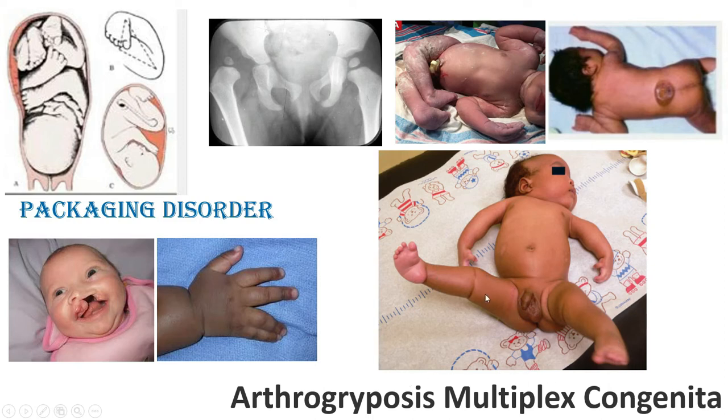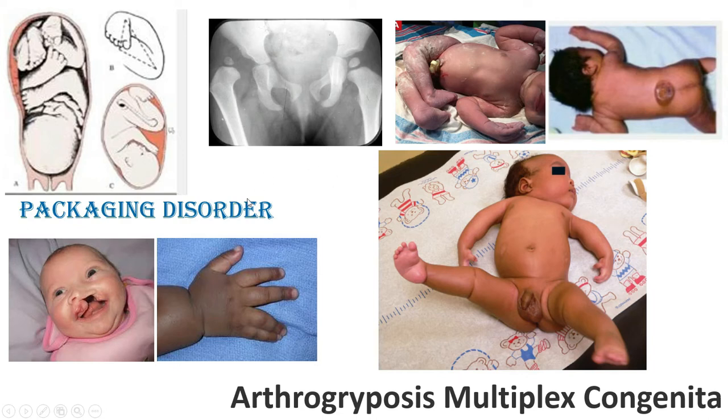The prognosis of this type of deformity is very bad because we cannot do much for this child. Only physiotherapy, and at most we can do soft tissue release for pterygium, meaning joint contracture and skin fold. Even for the CTEV, if we go for multiple corrections, the result is not up to the mark. So if there is any association of any type of deformity, first you have to address it properly and refer it to the pediatric orthopedic surgeon or the concerned department.